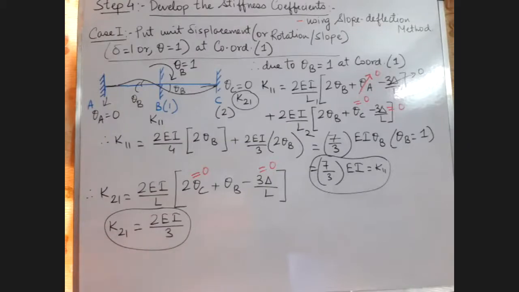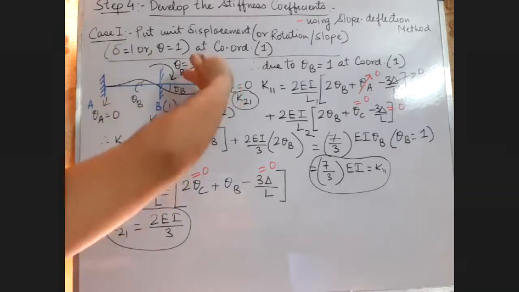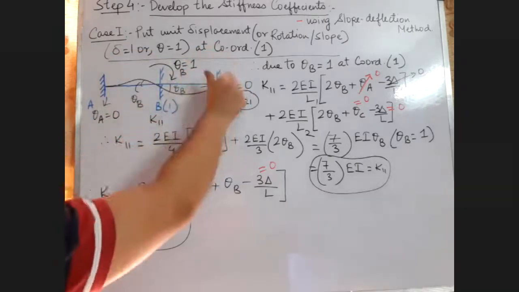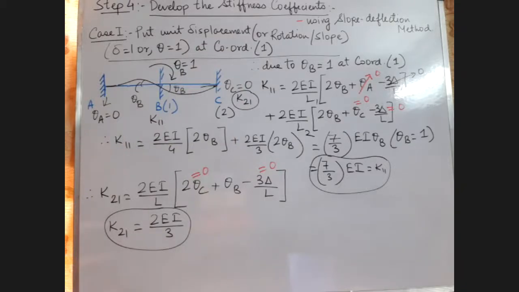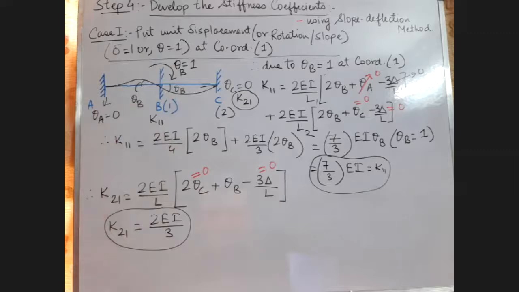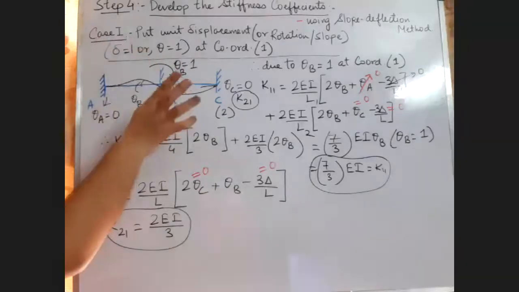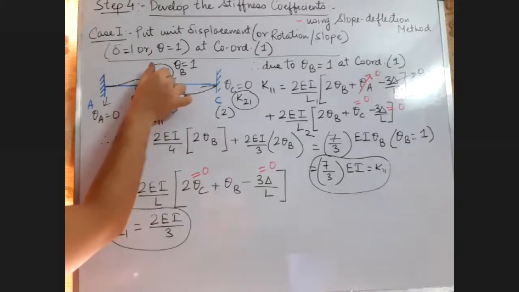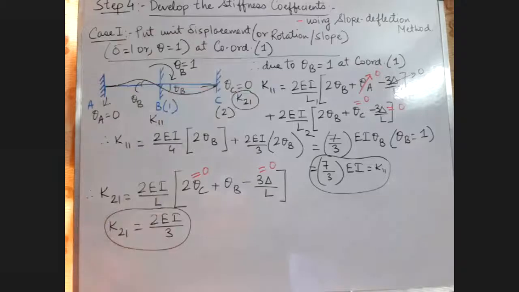Then I will go to case 2. Case 1 is where at this point I am providing a unit rotation. Then in case 2 I will provide unit rotation, or unit twist, at point C. I am providing unit rotation. The symbol can be opposite also, no problem. Many of you can feel that if you want to keep the symbol left, that is anti-clockwise, no problem. Check this down, then I will go to case 2.